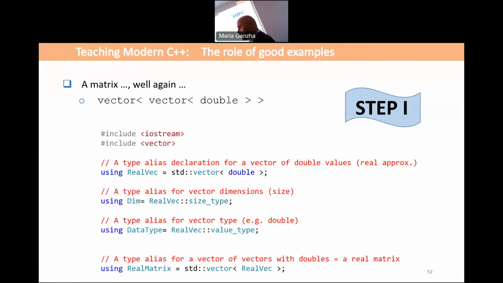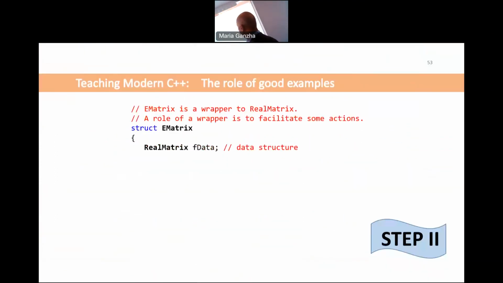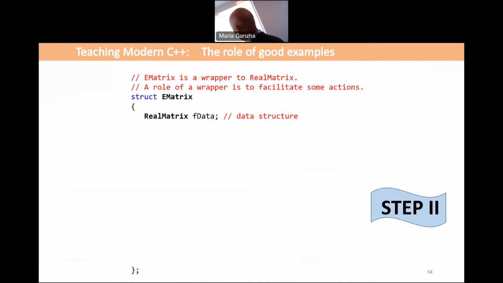Easy. But is it easy to use in real, for example, production code, a matrix like this? Well, how to initialize it? If I want a matrix 3 by 4, explain to the students how to make it, because it will be empty if I make it like this. And also the rows can be different length. No? So maybe a better idea is to make a wrapper and put this vector of vectors into a structure.